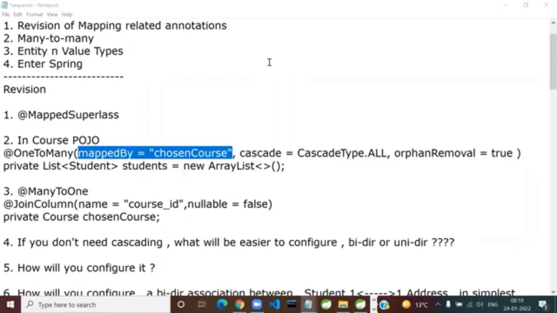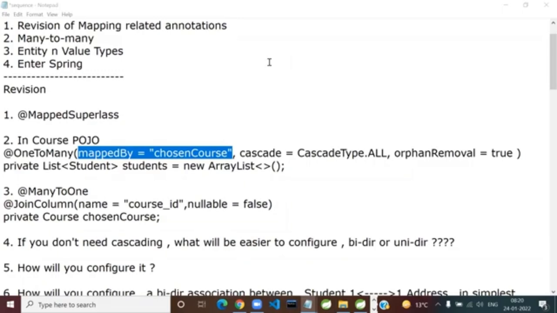So who is going to read this mappedBy? Of course, Hibernate. Does this appear on the owning side, which contains the foreign key, or on the inverse side, where it doesn't contain the foreign key?